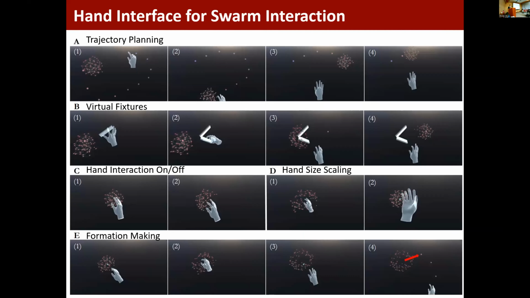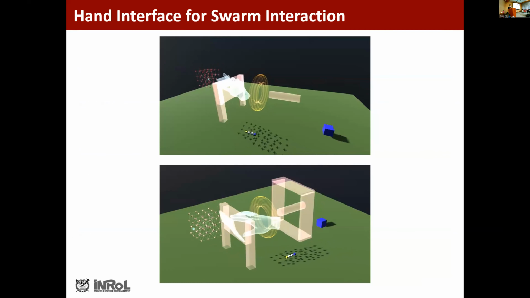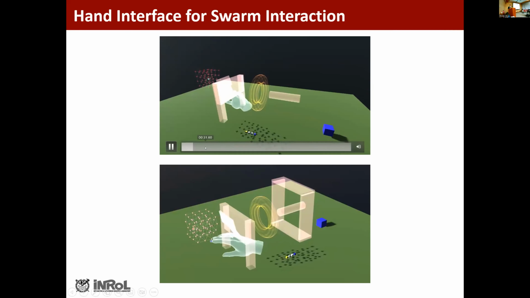So this is another example. It's just a snapshot, so we can just move on, okay? And this is another example. Right, so you can see that now there is some potential field. Now you can see that this operator manipulates this kind of virtual fixture